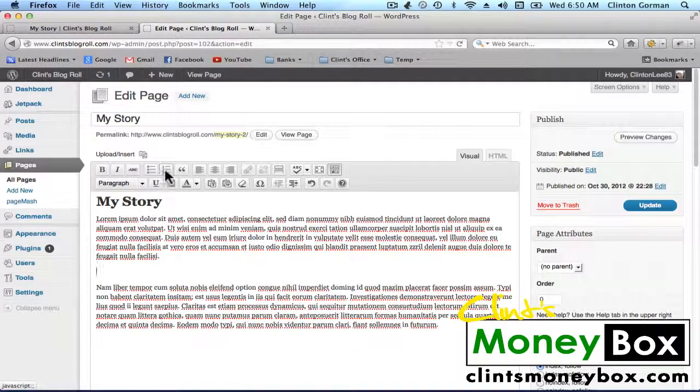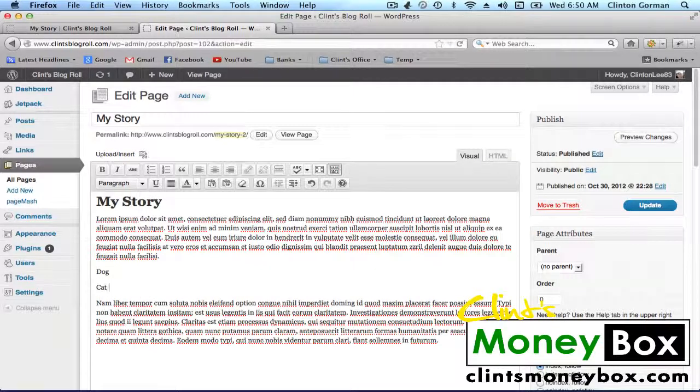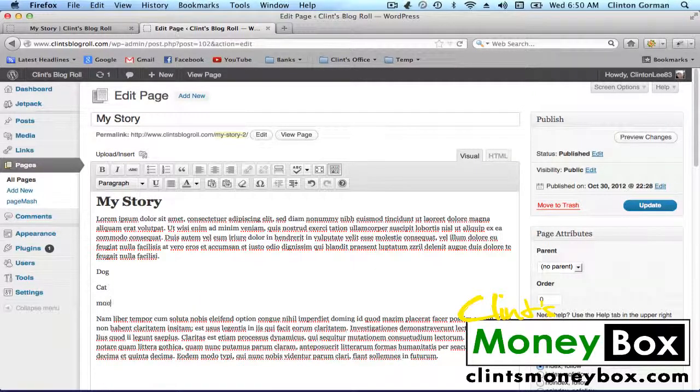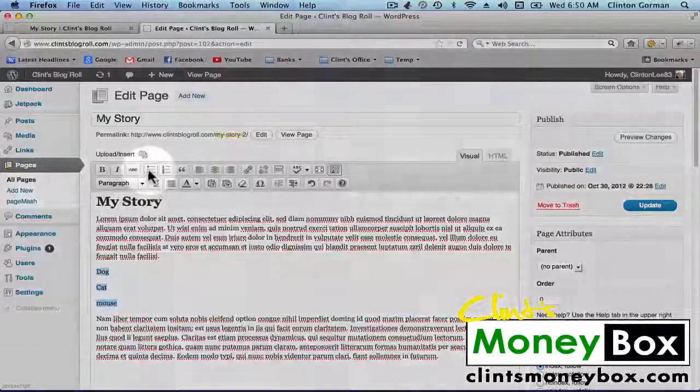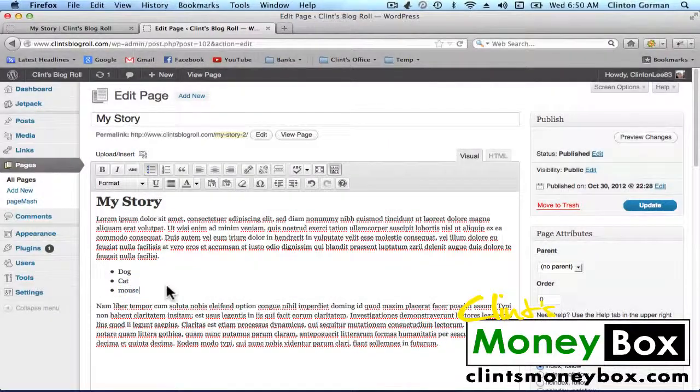Bullet points and numbers. I like to use bullet points a lot. So just quickly, I'm going to show you how that works. It's not rocket science here. Dog, cat, mouse. So we're going to highlight these, and then you can go ahead and click on bullet, and it'll stick those in bullet points. Easy stuff, guys. Easy, easy. Okay. Next, I'm going to show you guys how to insert pictures, and then we'll move on to